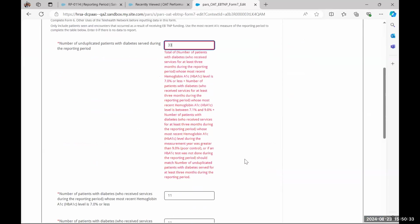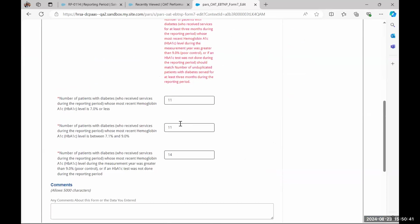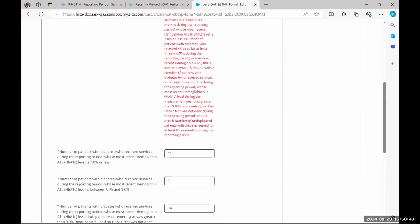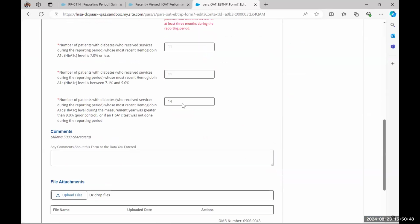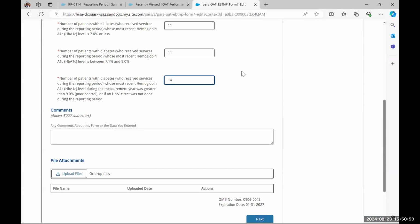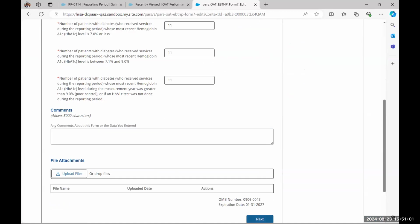The validation here is that whatever you put in as your number of unduplicated patients with diabetes who were served during this reporting period, then these three measures need to equal what's in this measure here. And it doesn't currently, because I put in 14 for the last one, where the A1C is greater than 9.0. I'm going to change that to 11. So now 11 plus 11 plus 11 is 33. If I click the next button,